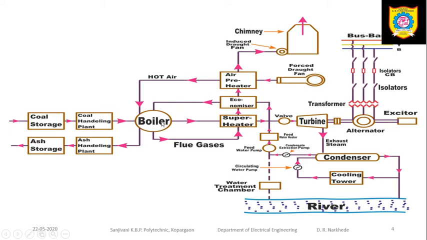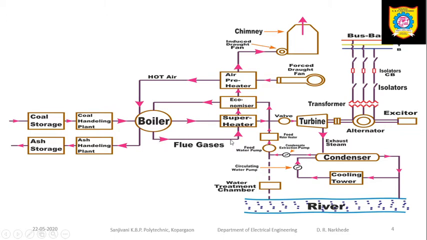Now this water is converted into steam. The temperature of the water is nearly 300 to 350 degrees centigrade over here. After combustion of the coal, it will emit a few gases as well as produce ash. This ash is collected from the bottom of the boiler and forced towards the ash handling plant, and then it is stored at a certain location. This ash is used for a number of purposes.